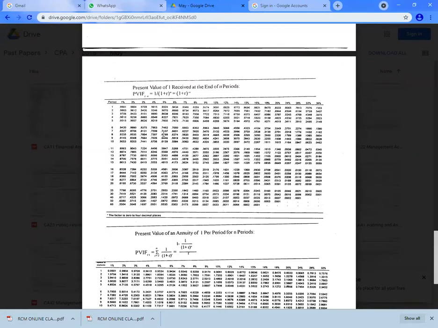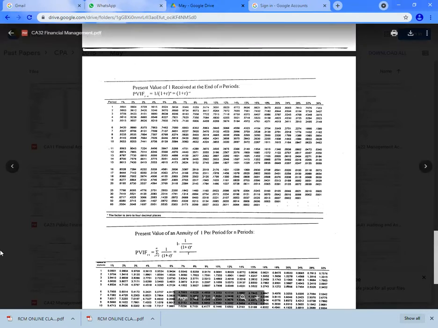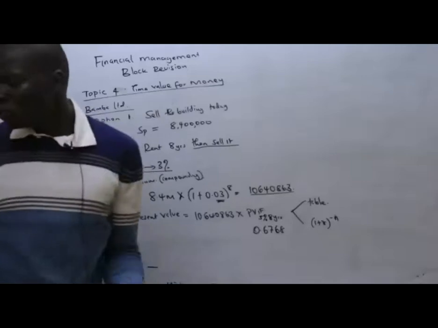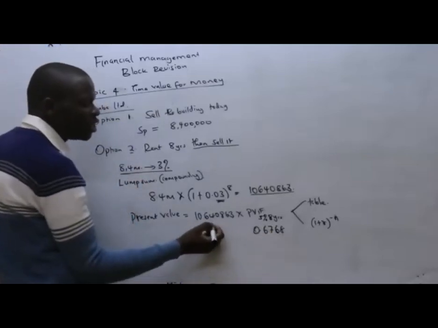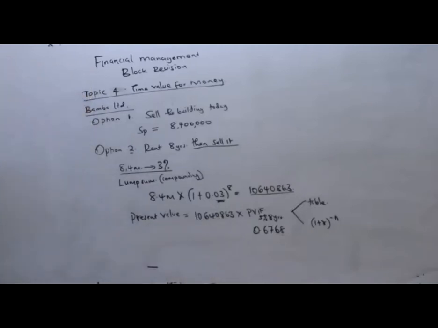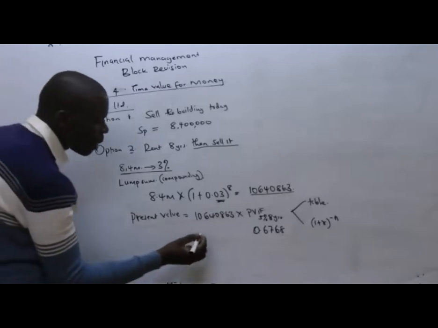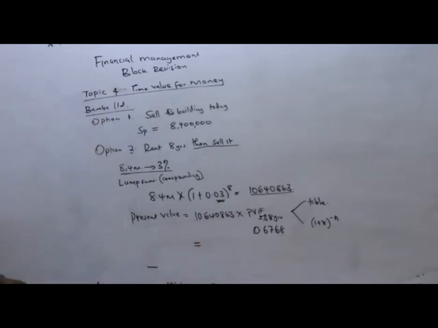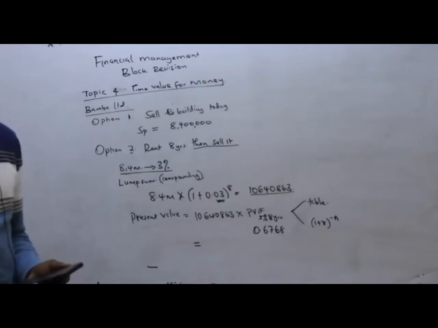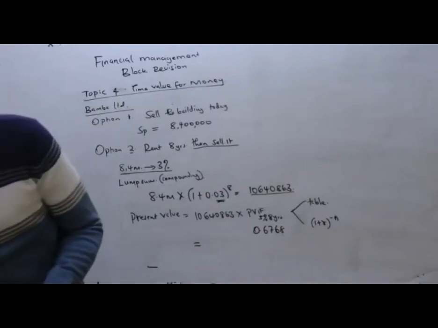So we are having 0.6768 as our discount factor. Then you multiply by the value 10,680,863. When you multiply by that, we'll be able to get what? We'll be able to get our present value. So you multiply by our discount factor of 0.6768 to get what? We multiply by our value to get